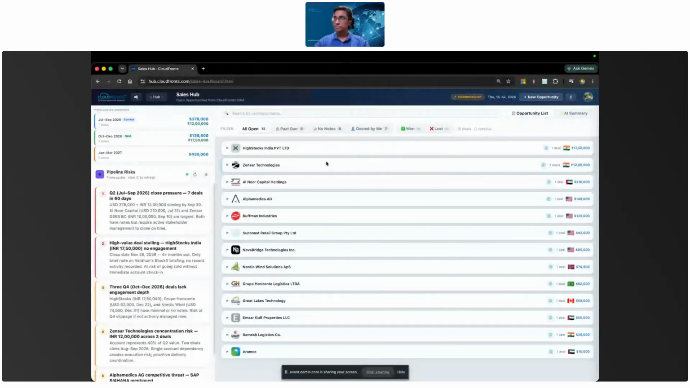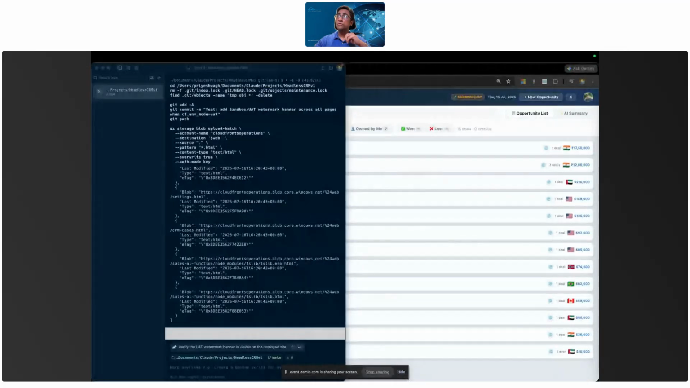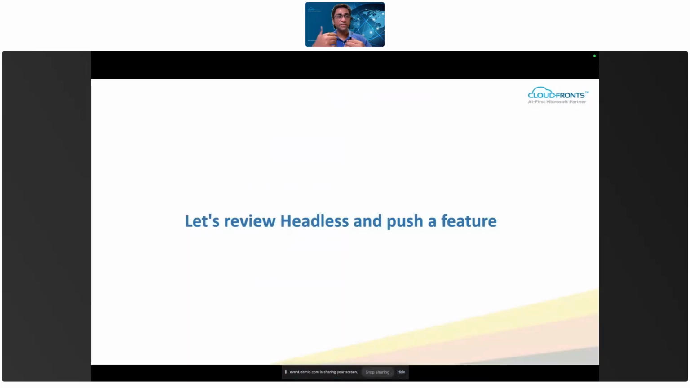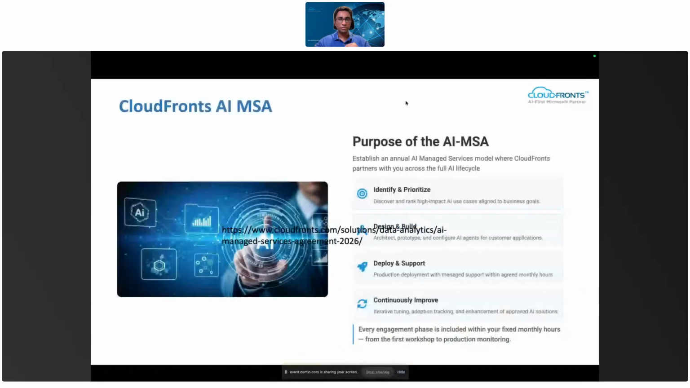So hopefully you were able to get an idea of what a headless application looks like, and how this really helps your existing Dynamics 365 investments to be retained. We're seeing where customers would want to invest in different systems just because the existing systems don't really serve them well. But here's where we can help and propose CloudFronts' AI MSA, where the purpose of this AI MSA